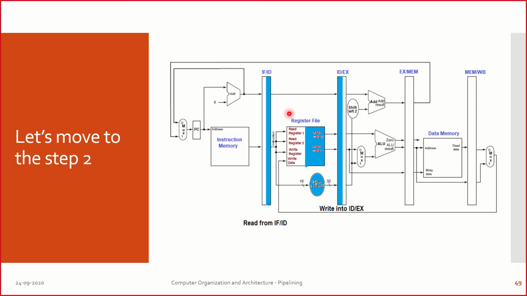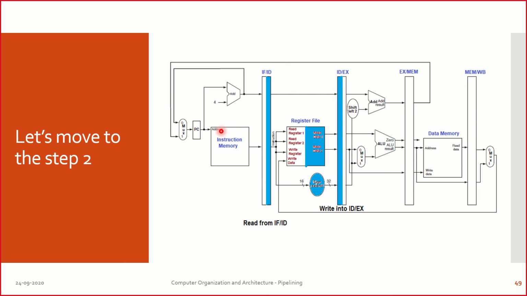And what we do, we will know what all the registers that we are going to take, and we will have to read the data from the register, and we are going to write it into the instruction decode and EX register. So we are reading from this by highlighting the right hand side. We are reading from the registers. We are not writing the registers. Please understand, we are reading from the registers which are designated as the registers to be read. So reading happens to the right. I have shaded it here. The entire sign extend will work. So I am shading it completely. And then I push the content onto the ID/EX where I write. Write happens to the left.